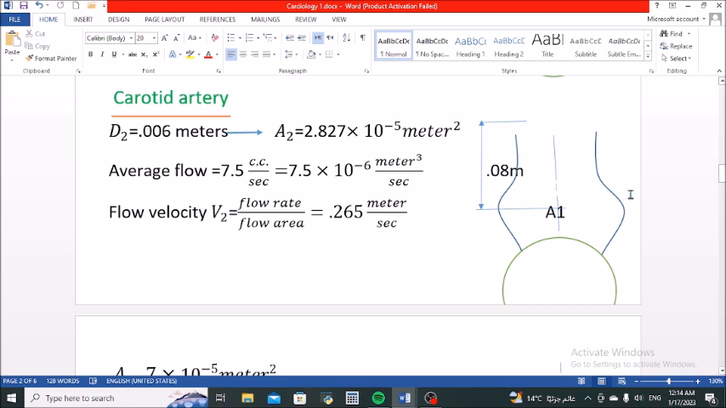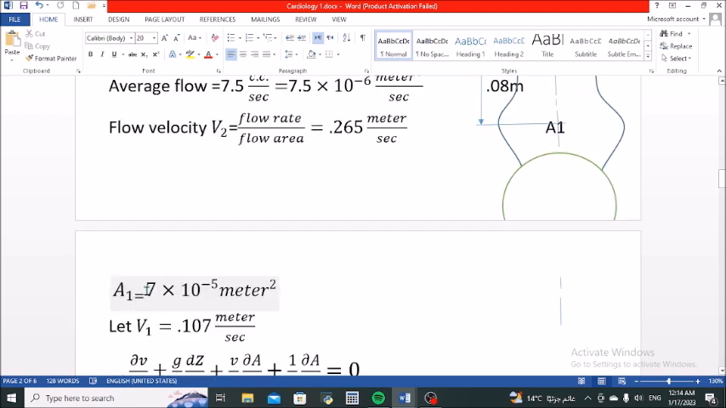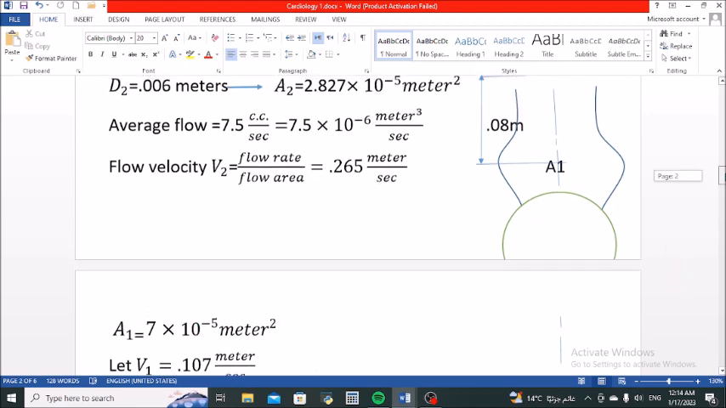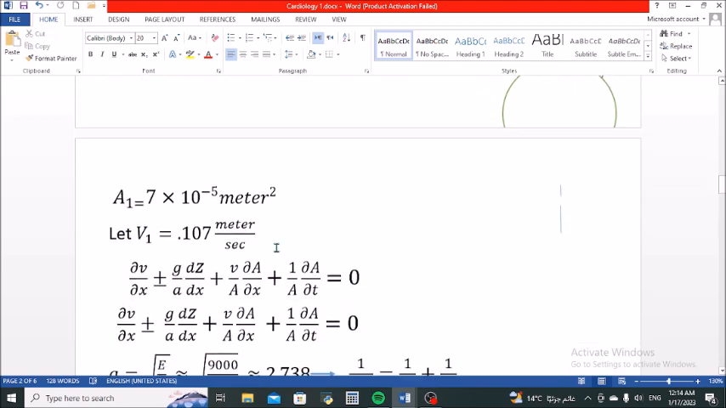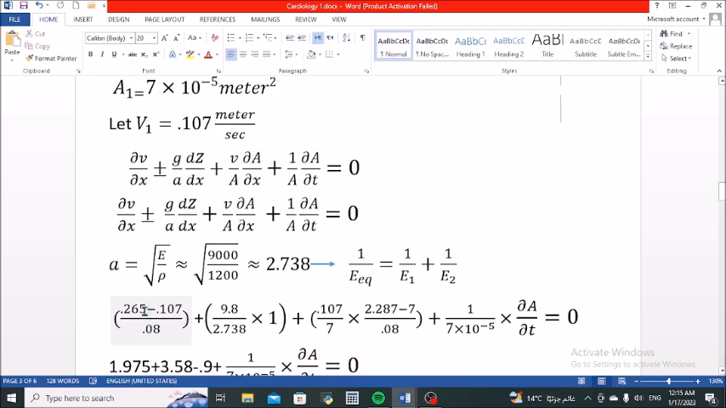From the continuity equation, we can calculate the V, assuming the bulged section is of area 7 times 10 to the power minus 5 meters square, knowing that the flow is 7.5 cc's, that is 7.5 times 10 to the power minus 6 meter cube per second. The velocity would be 0.107 meters per second. And applying the partial differential equation, but with positive sign because we are in the forward path, we get the original velocity being